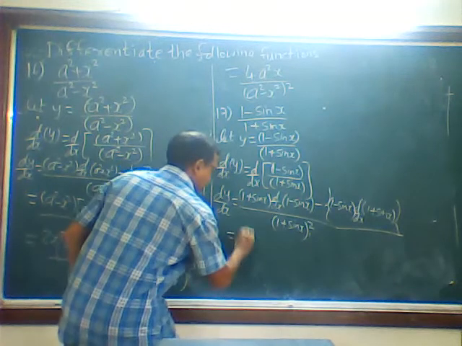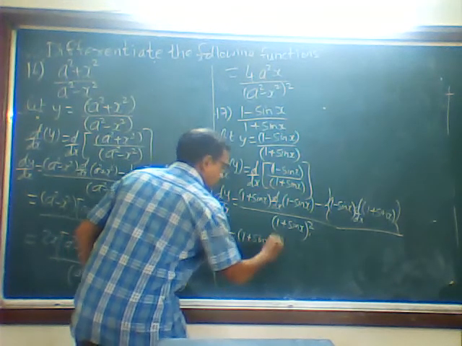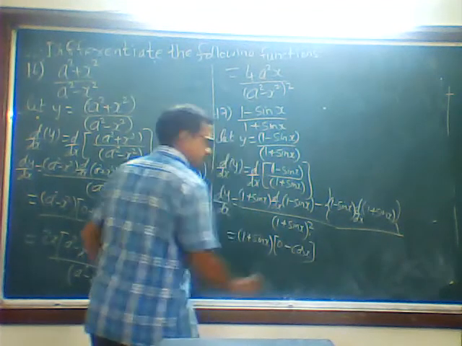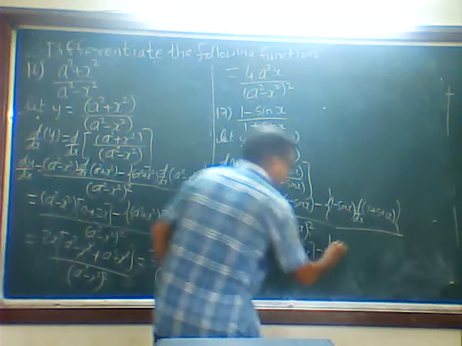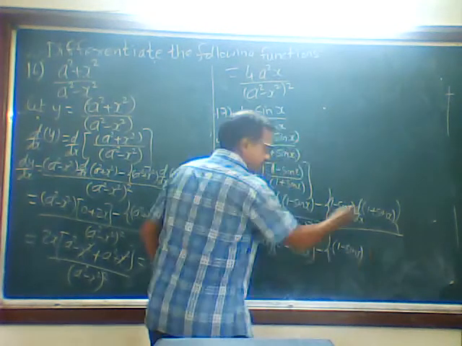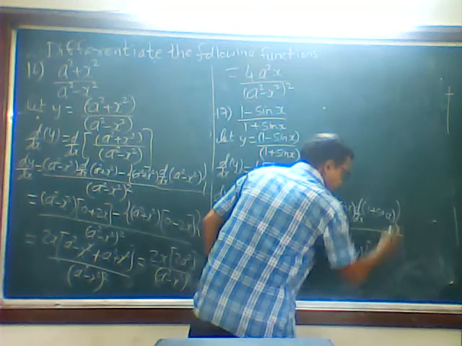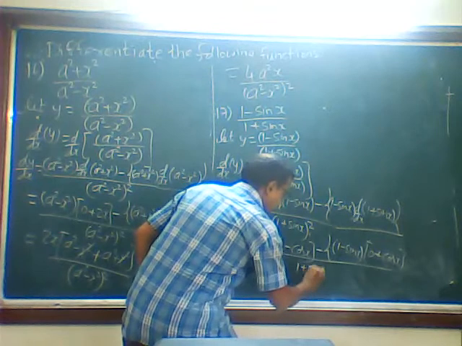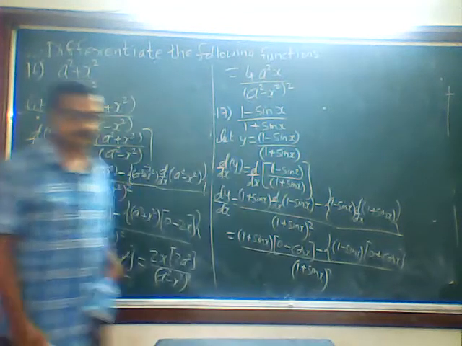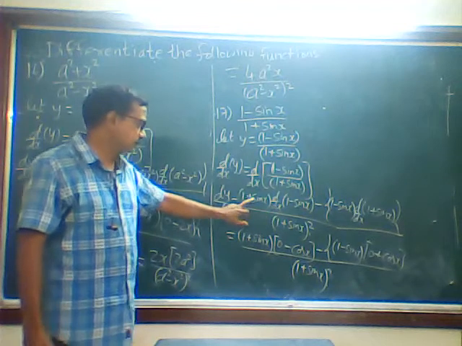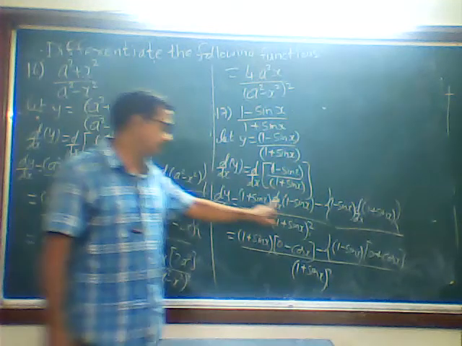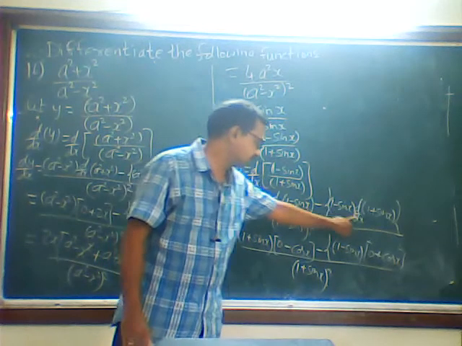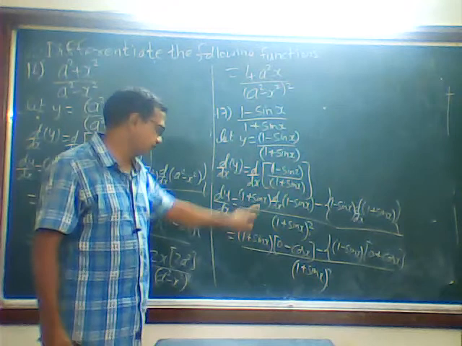Okay, so 1 plus sin x as it is, d by dx of 1 is 0 minus sin x will become cos x. Close the bracket, lower bracket open again, 1 minus sin x as it is, d by dx of 1 is 0 plus sin x will become cos x, whole thing divided by 1 plus sin x whole square. Here again it is same. Denominator square, denominator as it is, differentiation of numerator minus, open up lower bracket, numerator as it is, differentiation of denominator. Okay. Now this one I have kept it as it is.